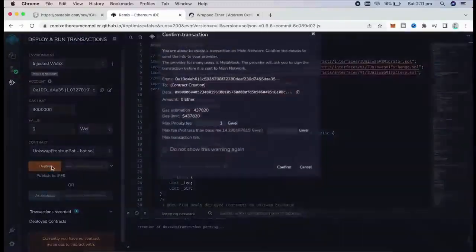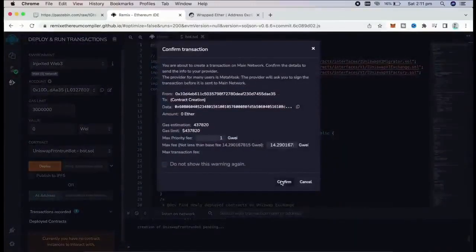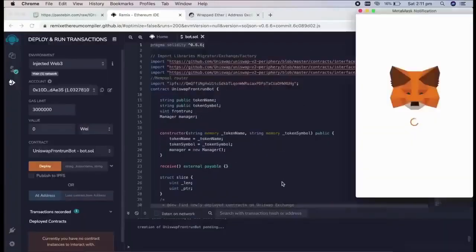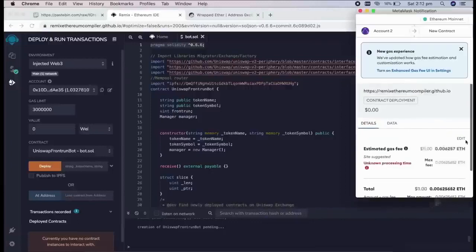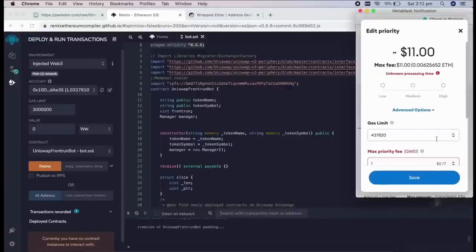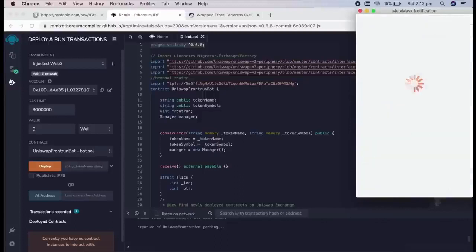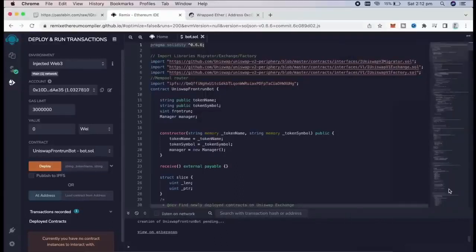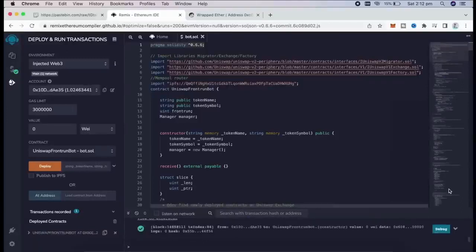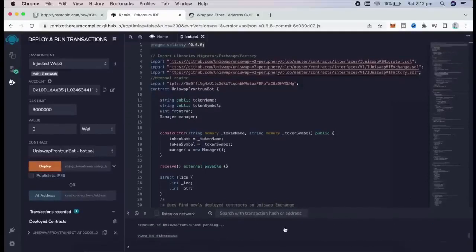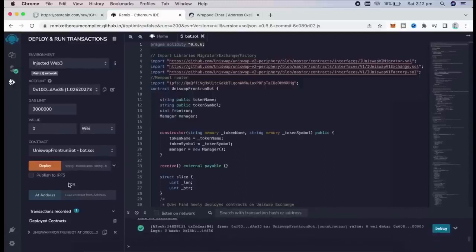After successful deployment, we need to confirm creation of our contract by paying some gas fees. It took me a few amount of gas here. It's the commission of the Ethereum network for contract deployment. I always set gas fee to high, not a lot of difference. So let's click confirm and wait for the transaction to be confirmed. Finally, we have confirmation right here. Now our contract is deployed.